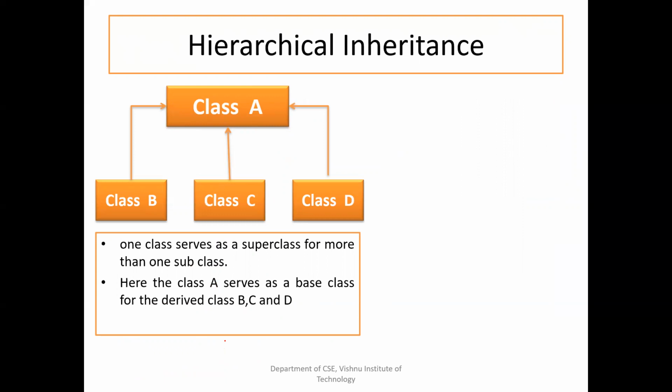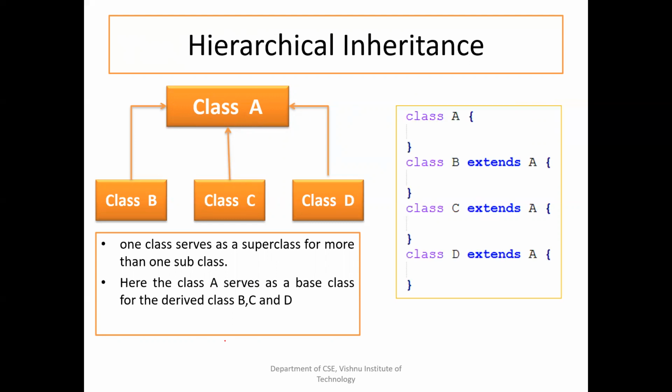Okay, this is hierarchical inheritance. Majority of the real world applications follow this kind of inheritance. If you have class A, from that class A, a lot of classes are derived. See, faculty can be derived from a class Person. Student can be derived from a class called Person. That means Person has two subclasses, faculty and student, in that way. Here B, C, D are subclasses of class A. This is referred to as hierarchical inheritance.